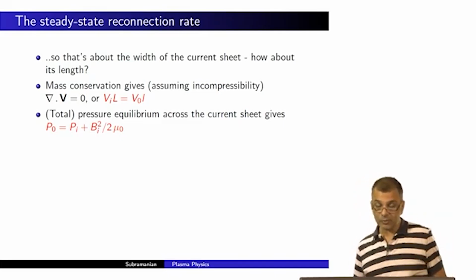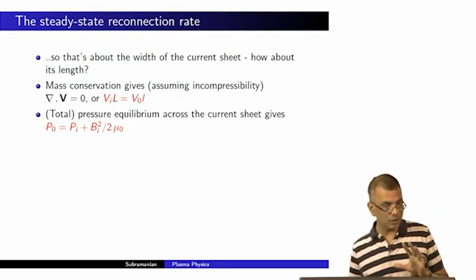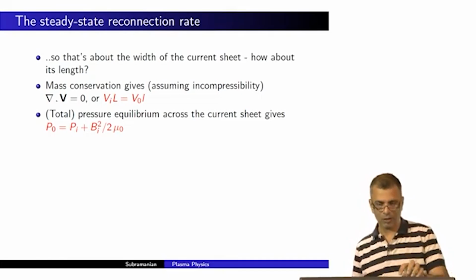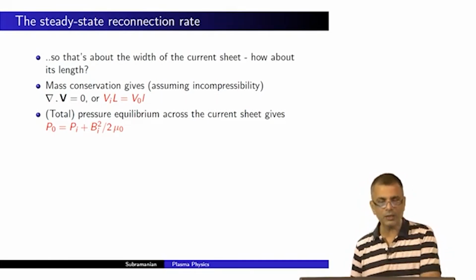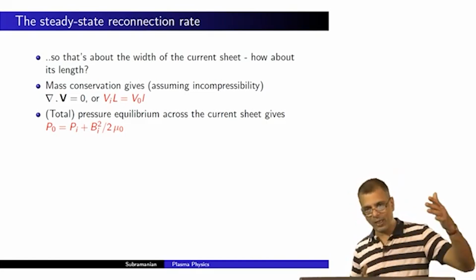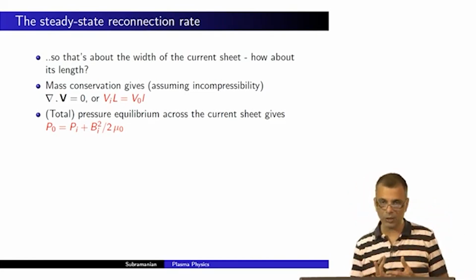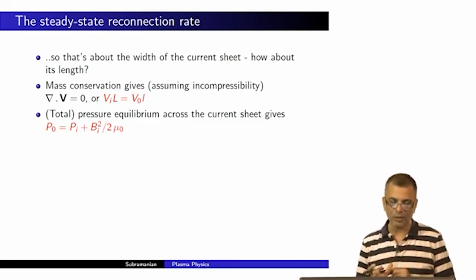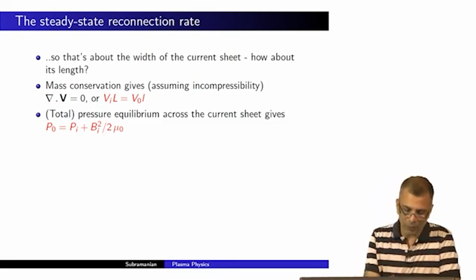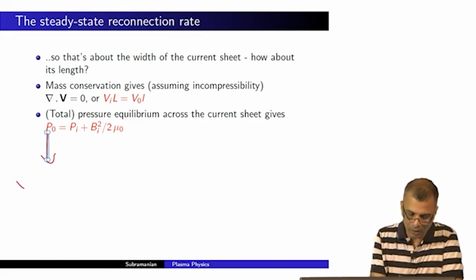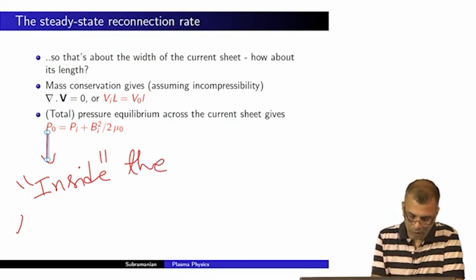Now, total pressure. There has to be pressure equilibrium across the current sheet. Otherwise the current sheet will either keep expanding or keep collapsing. It's only if there is pressure equilibrium that you will have a steady state scenario. So across the current sheet, you have P naught, which is inside the current sheet, or inside the reconnection region,